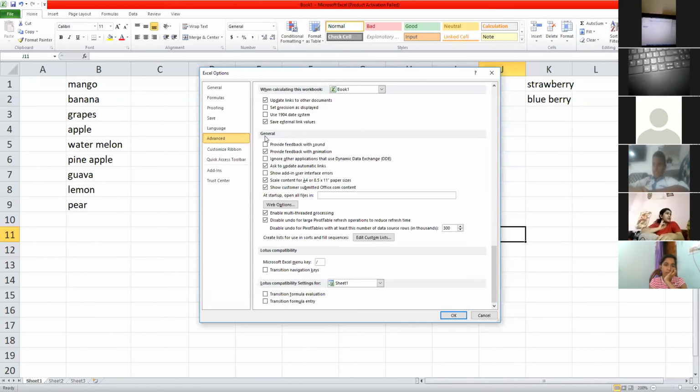And there you will get this option in general: edit custom list. So we will just try and we will come back to you again. Okay?